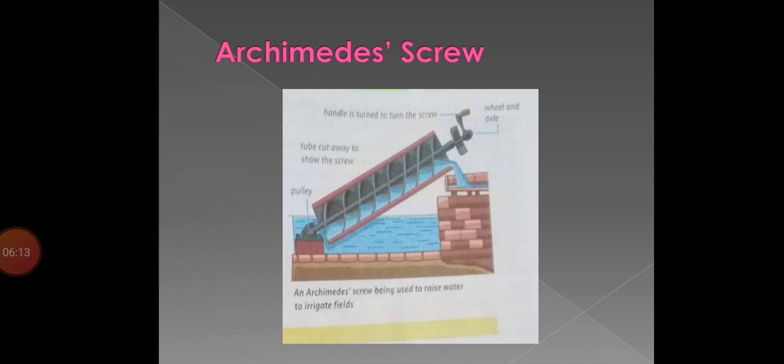It's basically an Archimedes screw which was used to irrigate fields and to pump water. In the diagram you can see that it consists of a cylinder which is enclosing a long spiral and its lower end is in the water. The machine was turned by hands and water collected in the rotating spiral blades. You can see that these blades are raising the water and the water pours out at the top of the cylinder. So this machine was used to irrigate the fields.